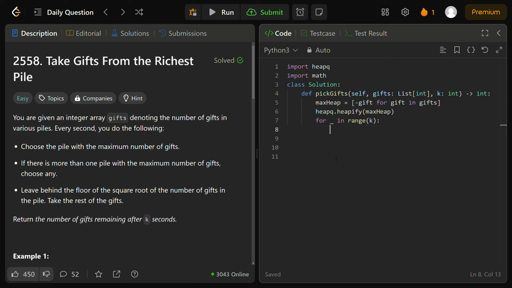Let's get our squared max value, right? Let's get the floor of the square root of the maximum value. So for every iteration in the range of k seconds or k operations, we want to get our squared max value. So squared max is simply going to be math.isqrt, the integer square root, and you can translate this in Python if you want. I think isqrt is how it's probably written in Python. Might have to double check that. And the way we're going to do this is negative heapq.heappop